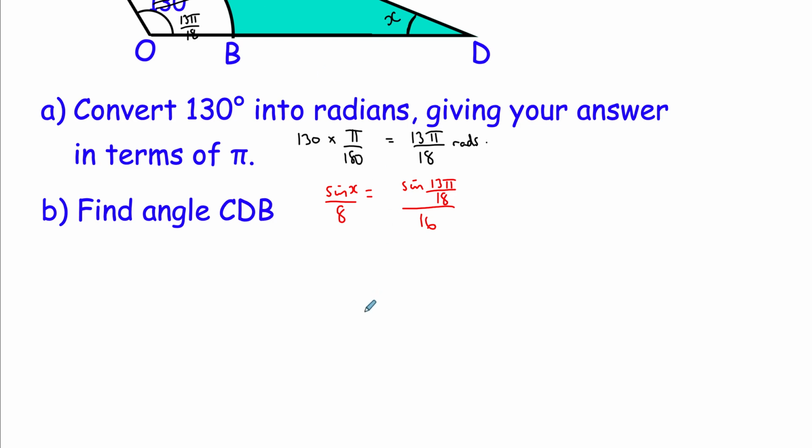Sine x is going to equal the 8 and the 16 will cancel down to a half. So sine of 13 pi over 18 over 2, and x will equal the inverse sine of that. Making sure our calculator is in radians still. Sine of 13 pi over 18 over 2, inverse sine of that is 0.393